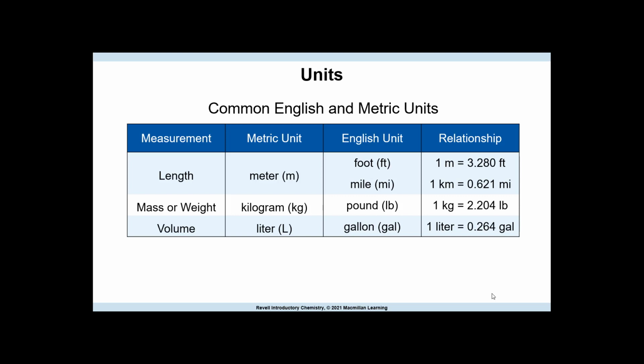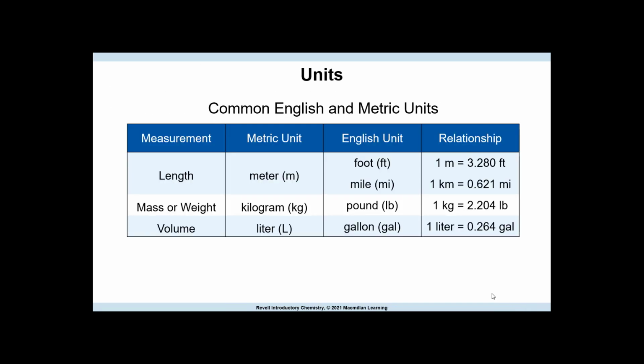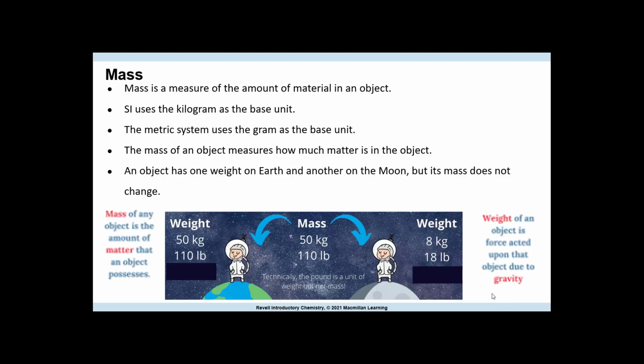So we're going to start moving over into the metric system and say goodbye to the English system as you start progressing into chemistry. So one thing I want to point out that your book does not talk about, it says here mass or weight. I want to explain the difference between mass and weight, because eventually the term weight is going to go away and you're going to use mass all the time. And if you do use weight, it's kind of loosely used, but you understand the difference between mass and weight. We use mass instead of weight.